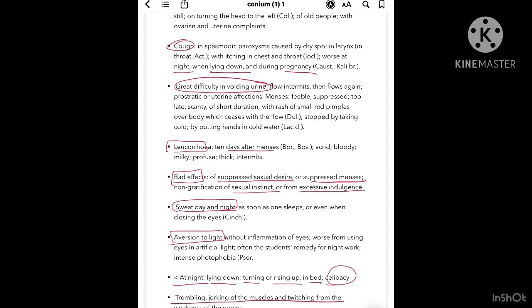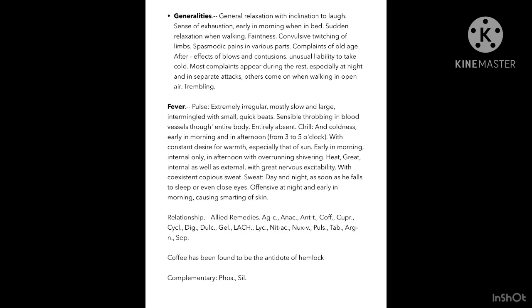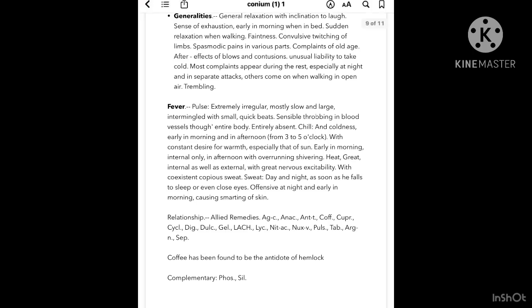Trembling, jerking of muscles, twitching from the weakness of nerves. We have seen this in the previous related to nerves. Coming to generalities from Ellen: general relaxation with inclination to laugh, sense of exhaustion early in morning when in bed, sudden relaxation when walking, faintness, convulsive twitching of limbs, spasmodic pains in various parts, complaints of old age, after effects of blows and contusions,